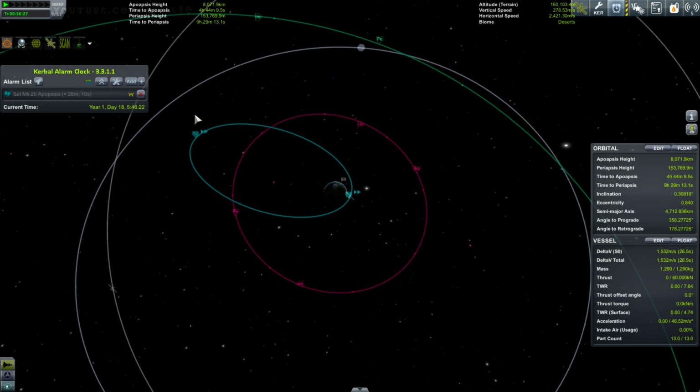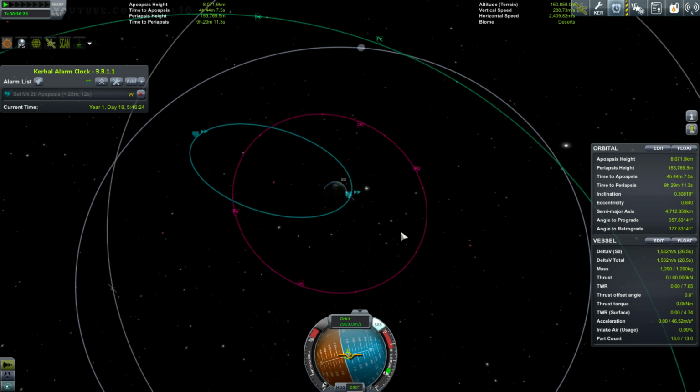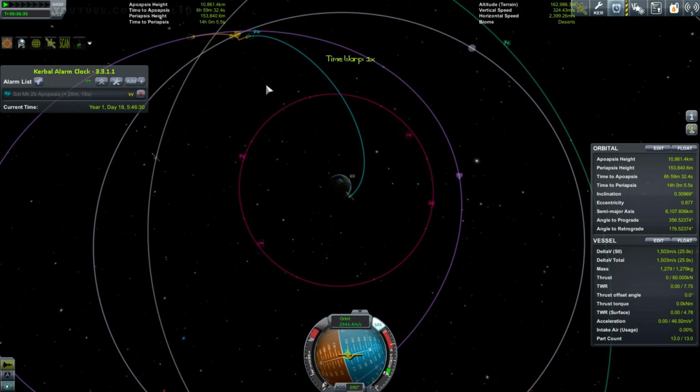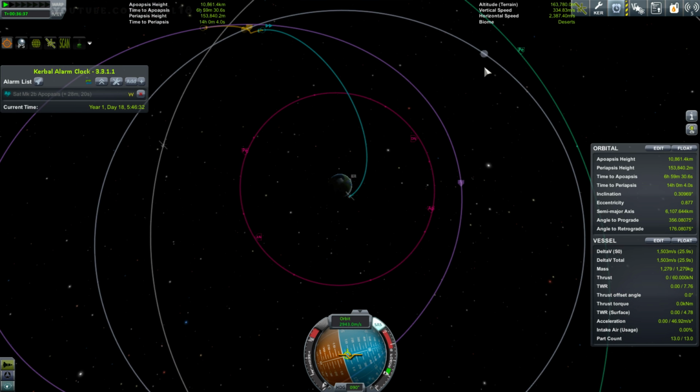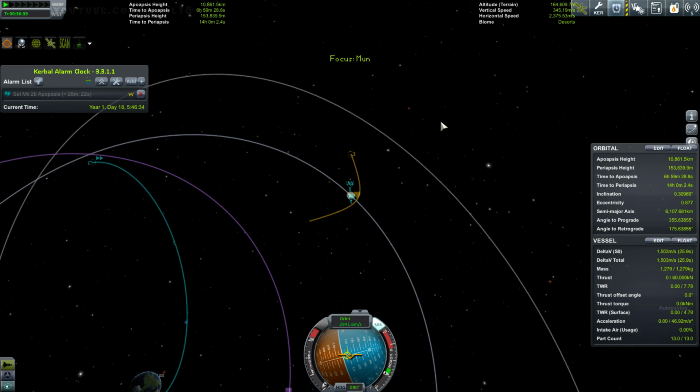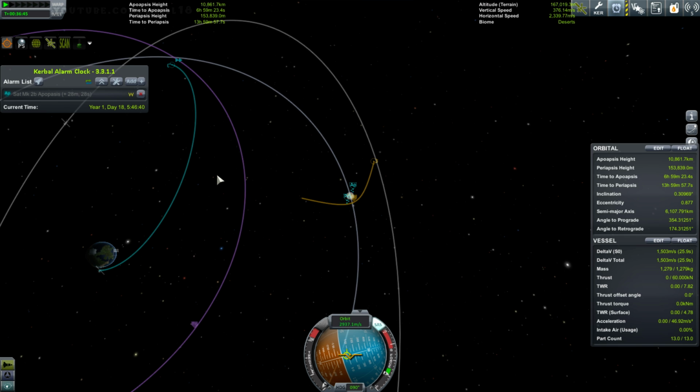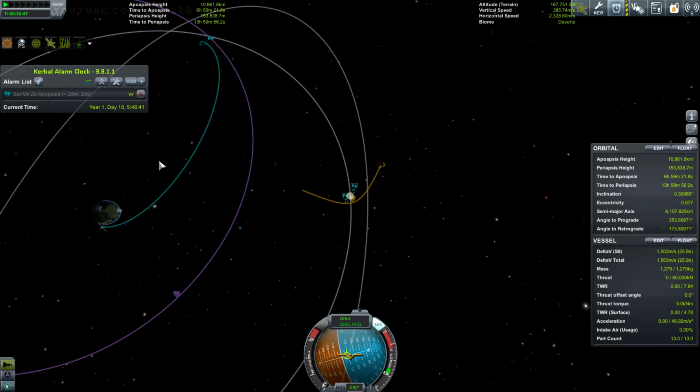Trying to throttle up a bit. Oh, I can't do that without that open? Okay. There it is. Okay. Now, this might not be the most effective way to come in here. Where are we going to come in? We're going to escape there. We're going to come in there. I would very much like to approach from the other side, which I believe...